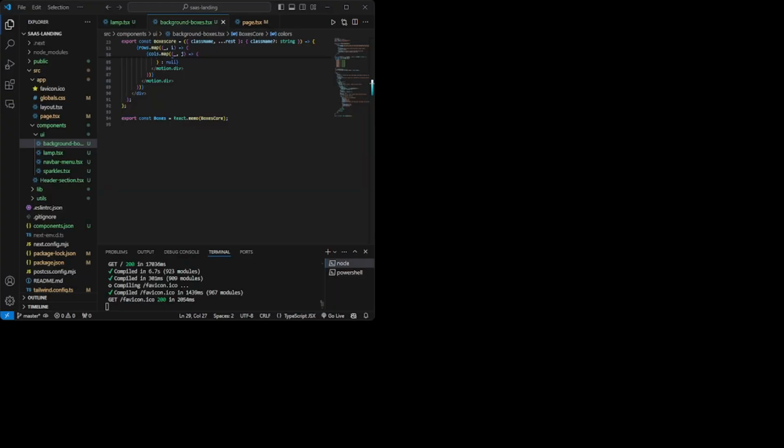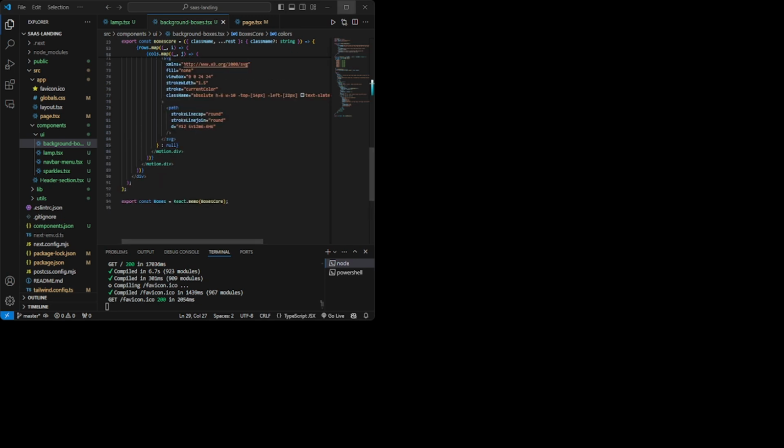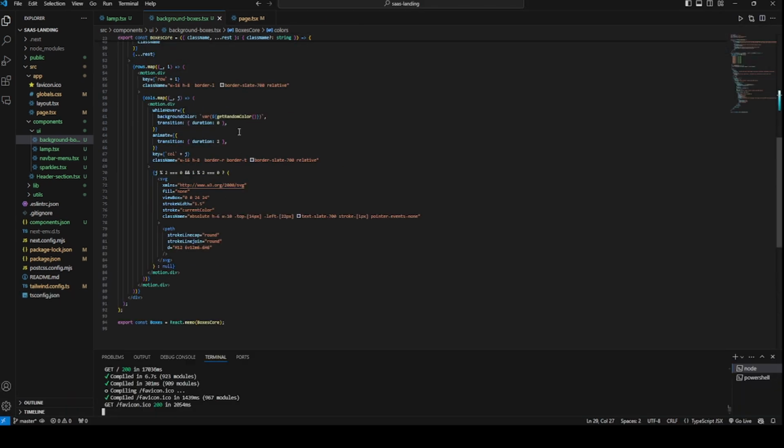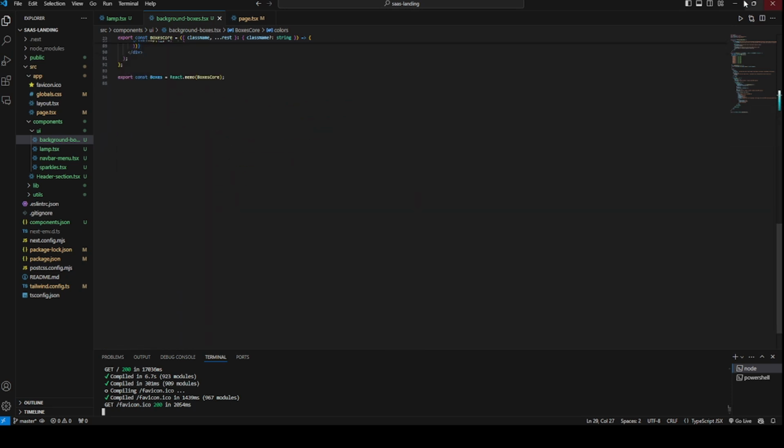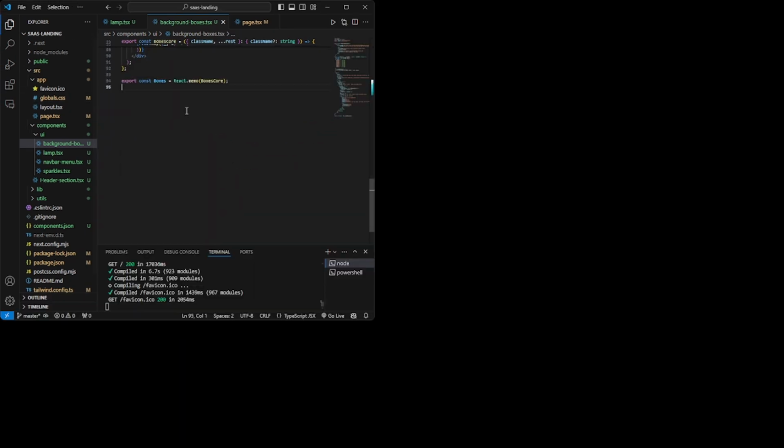Let me take you back to my VS Code. Then we will be writing some code to make boxes. Okay, so now in our background boxes, I want to add 4 boxes under this heading and subheading. So let me create those.